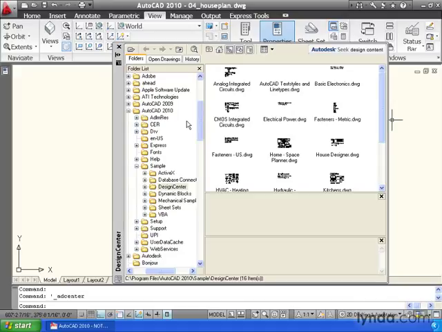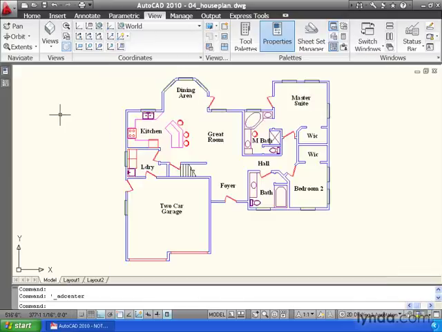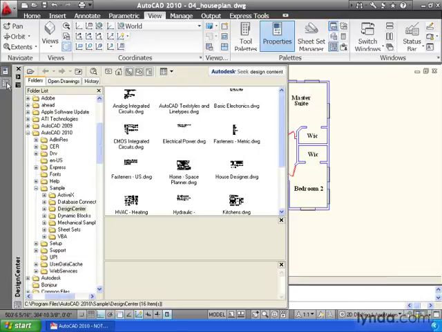I'm going to anchor this guy as well. Let me right-click on the mast, and I can select Anchor Left or Anchor Right, depending on which side of the screen I would like him. There we go. I now have the capacity of 2 palettes on my interface, and they are only taking up